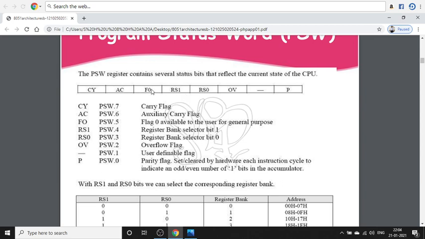Next one is F0. F0 is flag 0, a general purpose user flag.